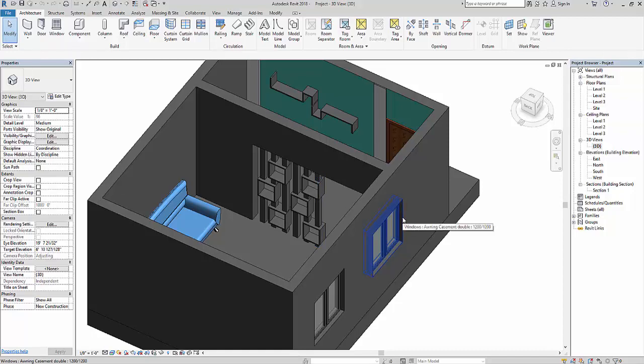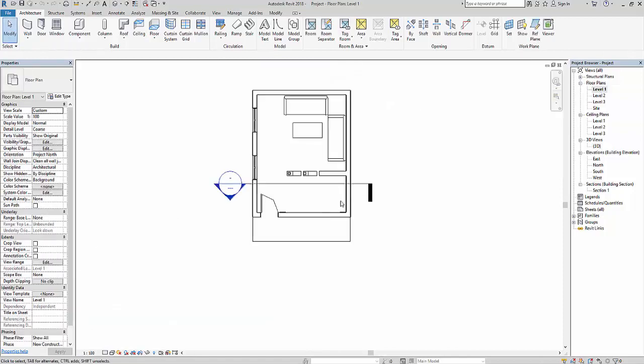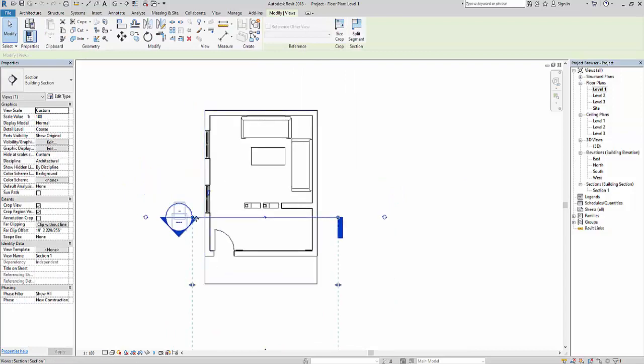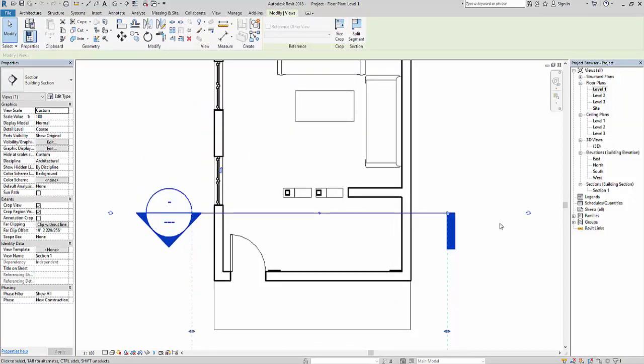Otherwise, I would have to go to AutoCAD and redraft this whole drawing. But instead of this, I can export this file to AutoCAD. The very first thing, as I need to take the section of this, I'll go to level 1 and draw a section line here, which has already been done here. I'll just change the view to the section.